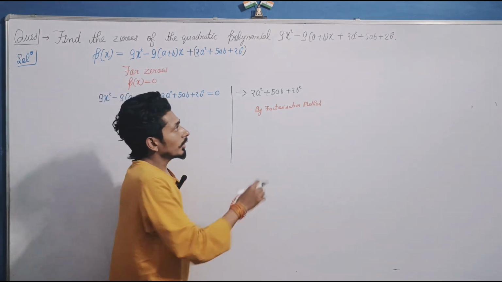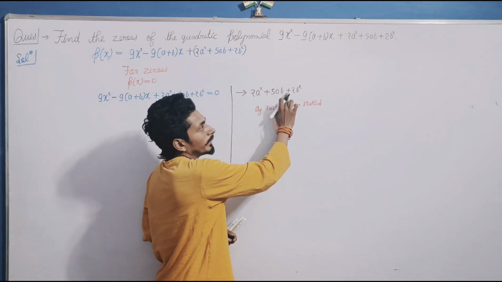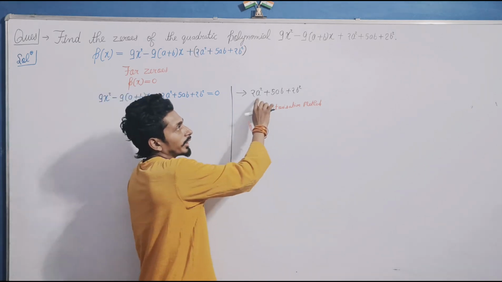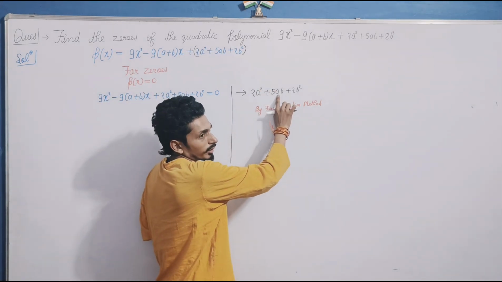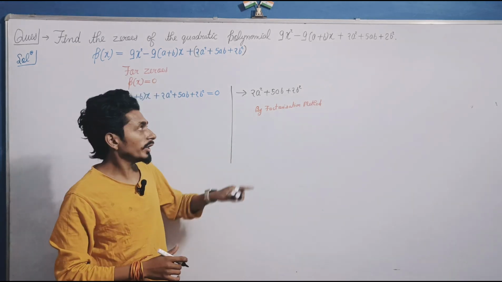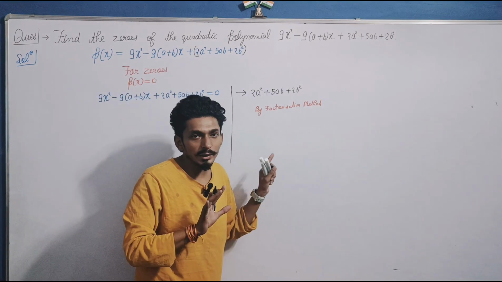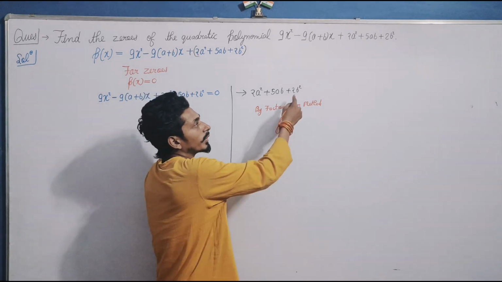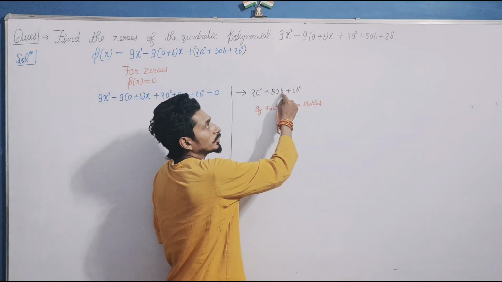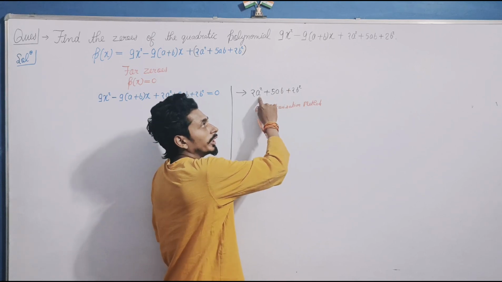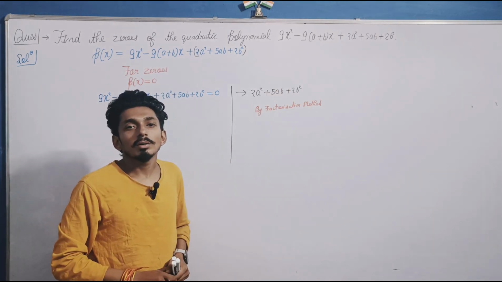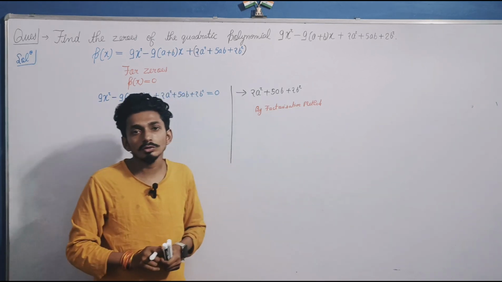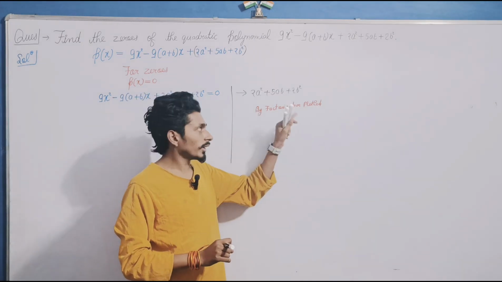ठीक है. 2a square plus 5ab plus 2b square. अगर हम इस टर्म को ऑब्जर्व करें तो यहाँ a की पावर कितनी आ रही है? 2, फिर a की पावर सिंगल और फिर a की पावर 0. It means it is a polynomial in small a. Yes or no? From left to right. If we observe from right to left, b square, b raised to the power 1 and b raised to the power 0. It means it is also a quadratic polynomial in terms of small b. Yes or no? Okay, so first of all we factorize it.